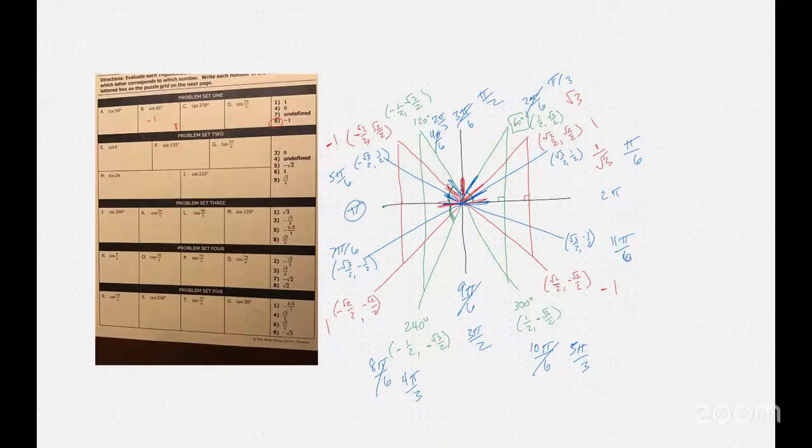This is 3 pi over 4. This is 4 pi over 4. This is 5 pi over 4. This is 6 pi over 4, which is 3 pi over 2. This is 7 pi over 4. And this is 8 pi over 4, which is 2 pi. Okay, I think that makes sense. So learning to count